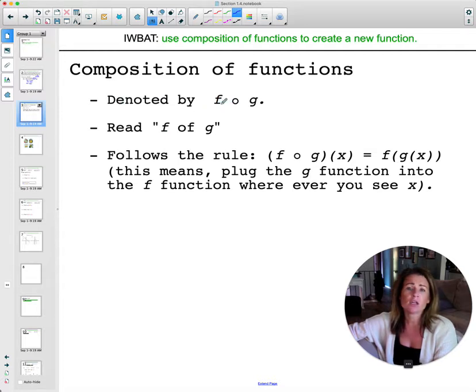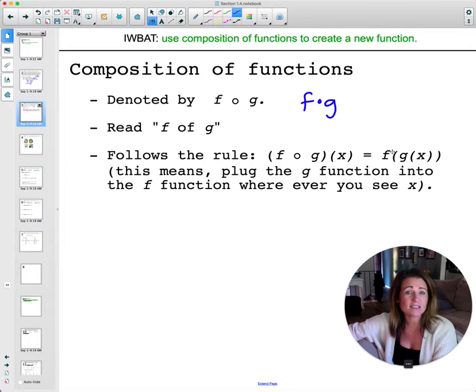Okay, so it's denoted by this little open circle. A lot of times you'll see it like this, f of g, or those could be any letters. F is a function, g is a function, it could be anything. And so it's read f of g. So you read this little open circle here as "of." And then this is the rule. Okay, so f of g of x equals, and you write it like this, where you have g of x